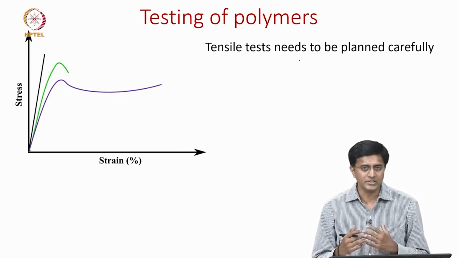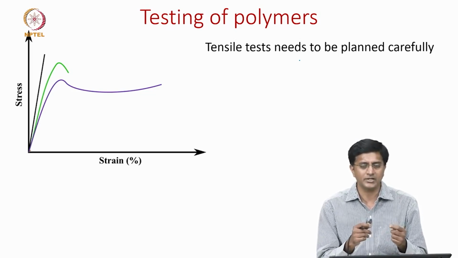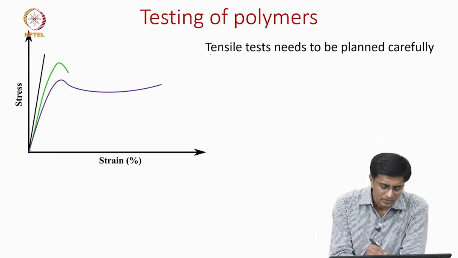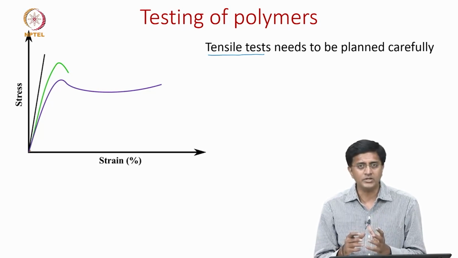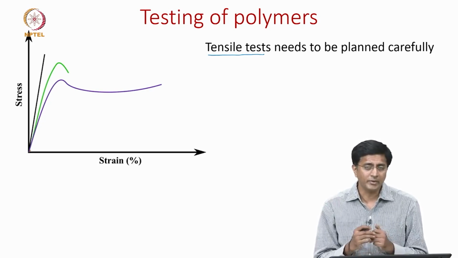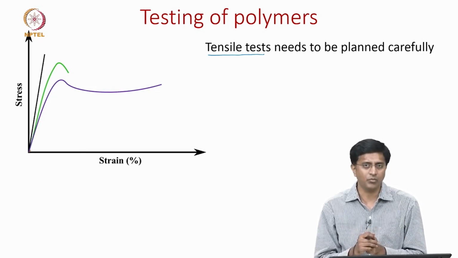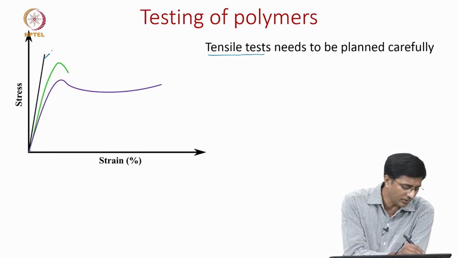So, let us say we test like metals. Usually for metals we test using either a tension test or a compression test, but mostly uniaxial tests. So, let us say we do this tensile test. When it comes to polymers, it should be done or planned very carefully. The reason is that depending on how fast or how slow we are loading the specimen, the behavior can change in polymers. So, as we can see here, we have this brittle behavior,